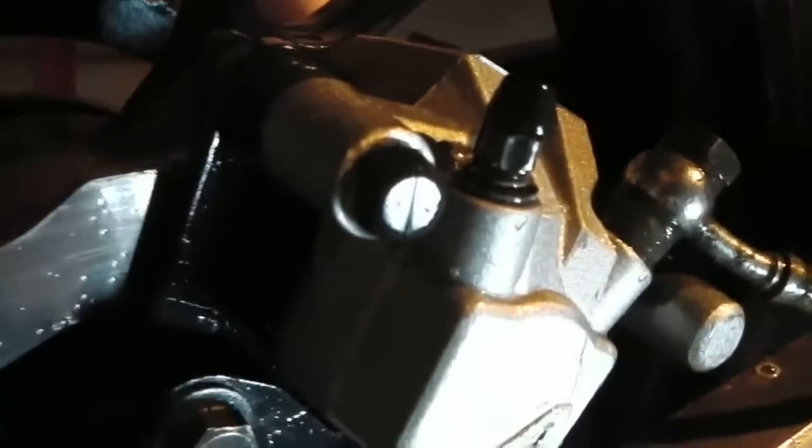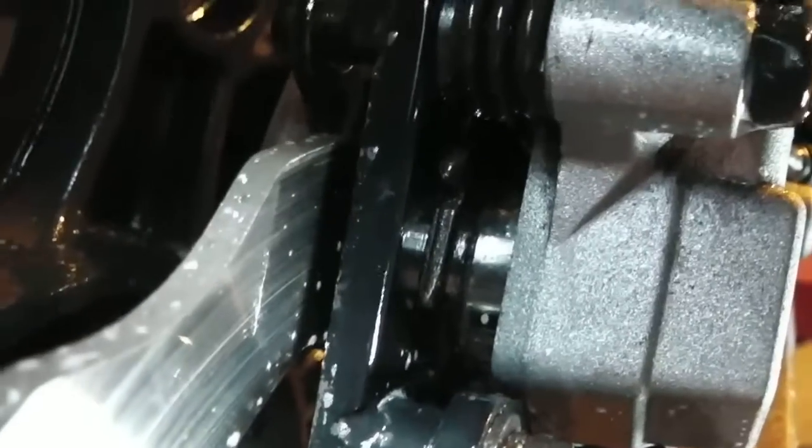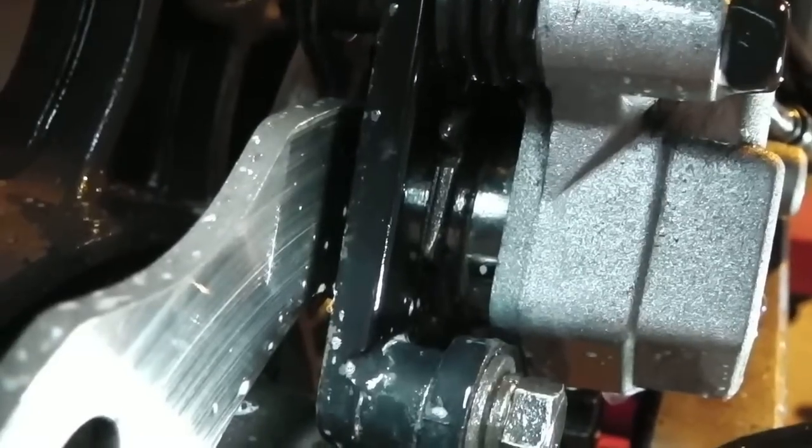Because what I'm going to have to do is, I don't know if you can see this, if you can make out the caliper there, but as you can see I've got access to it. The nice shiny bit, that's the new caliper, so I'm thinking maybe being able to squirt some cleaner in there or something to try and keep it clean. But bear in mind, everything you squirt in there,